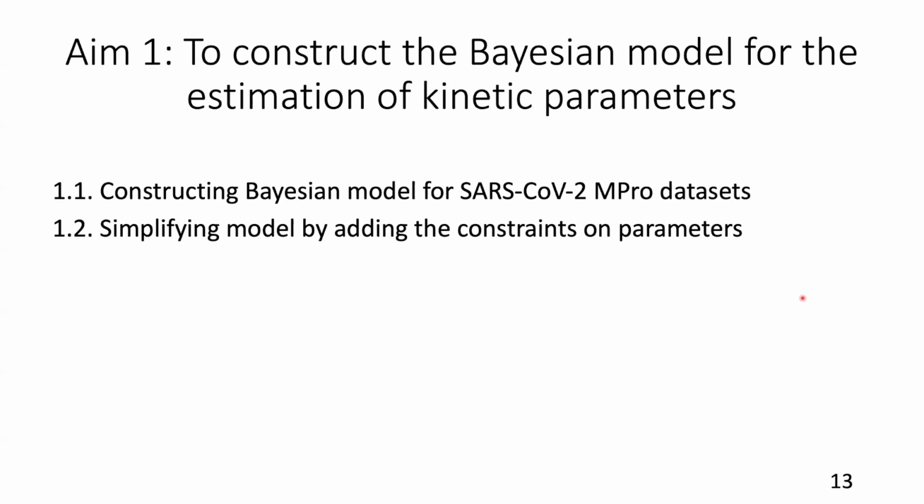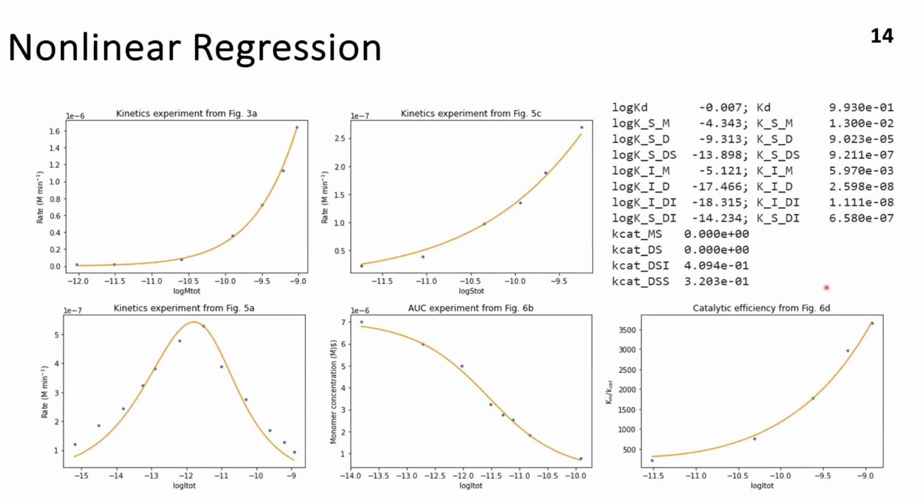So in order to construct this model, first of all, I want to talk a little bit about why we used a Bayesian approach, and then what we did to fit this model. First of all, we saw that you can fit this model to lots of different data. This is a concern that's always present when you have a complex model: you can overfit the data that you have and not have a clear understanding of the parameters.